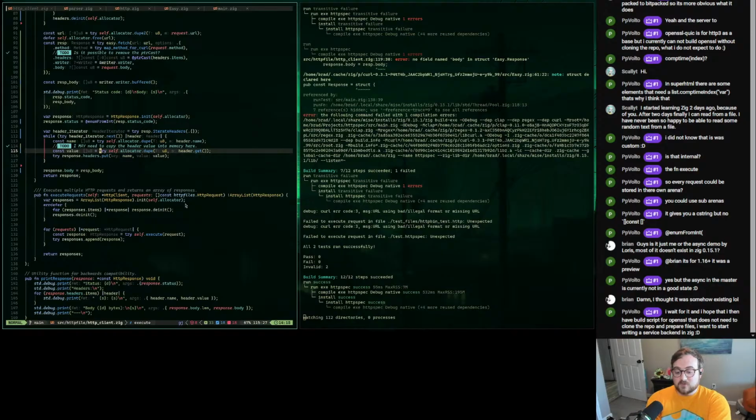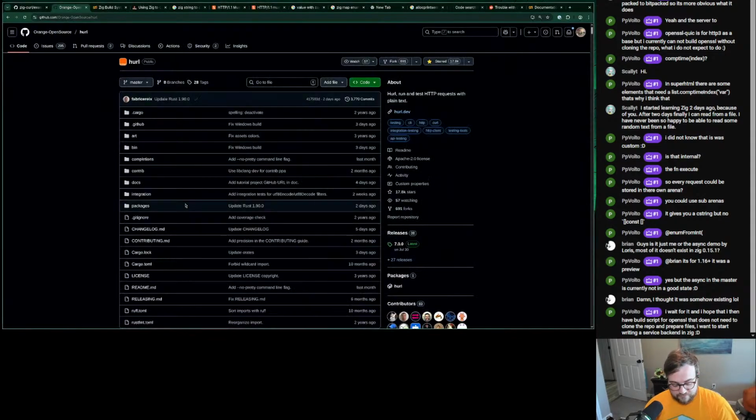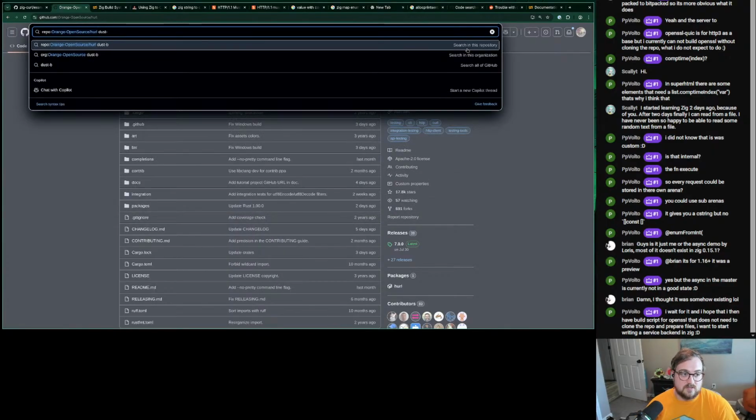Yeah, me too. So a while back I did some investigation on http.zig and Zap. And I really liked http.zig, but it's also 1.1 HTTP spec compliant, I think. But I would love to actually start writing more backends in Zig. That's one of my bigger projects I have planned. I've got this project called Dust. So if I come up here and go to Dust,